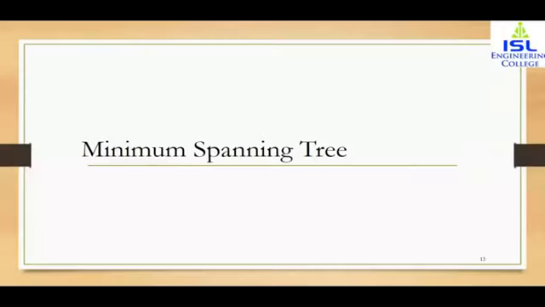Next is minimum spanning tree. So basically, we have studied spanning tree in our earlier class. Now in this class, we will study what is the minimum spanning tree. So if we have a weighted graph, weights are usually given on edges, right? So if the sum of the weights of the tree is minimized, that is, we get a tree with the minimum weights, or we select edges with the minimum weights and construct a tree, then that tree is called a minimum spanning tree. Now, why do we need this?